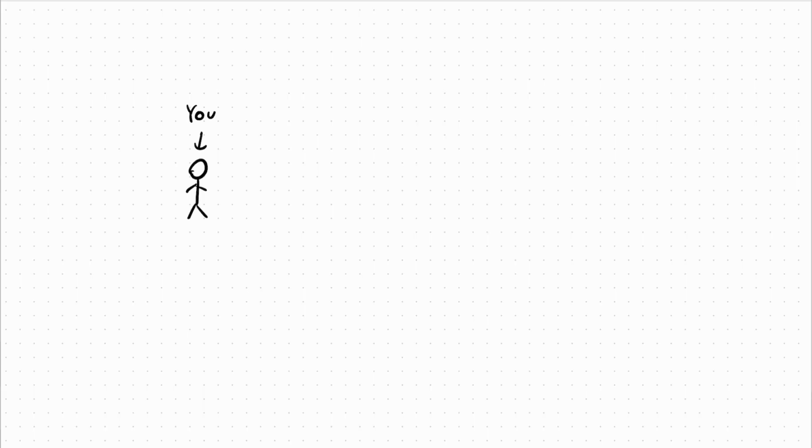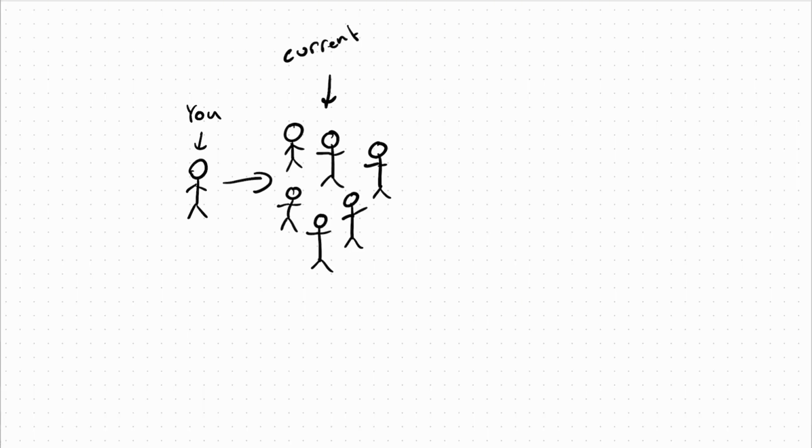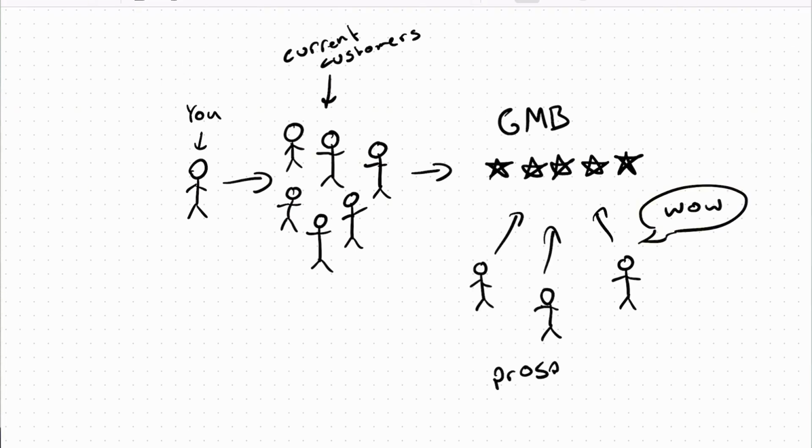Now, the second many to many, and I say many to many because, for example, for online reviews, you can essentially set up automations to tell all of the customers that you've ever worked for, hey, can you give me a review? Their reviews collectively get you a lot of other customers. So it's not exactly you telling people, hey, trust me. You're telling other people to tell other people to trust you.